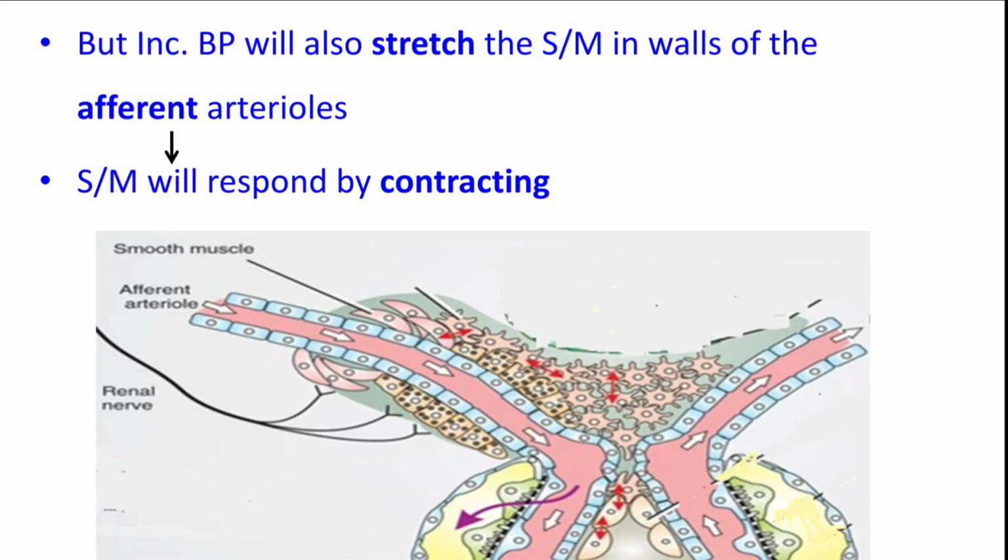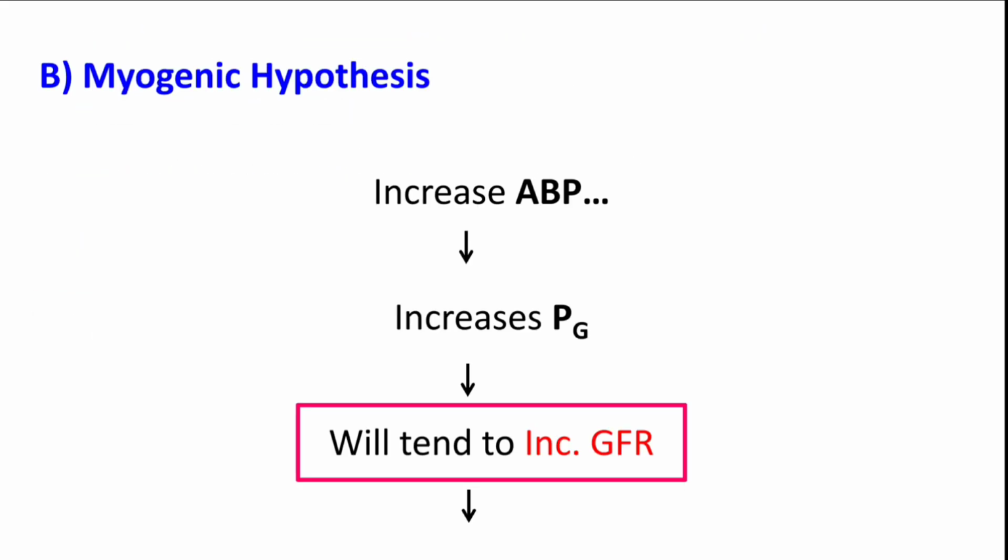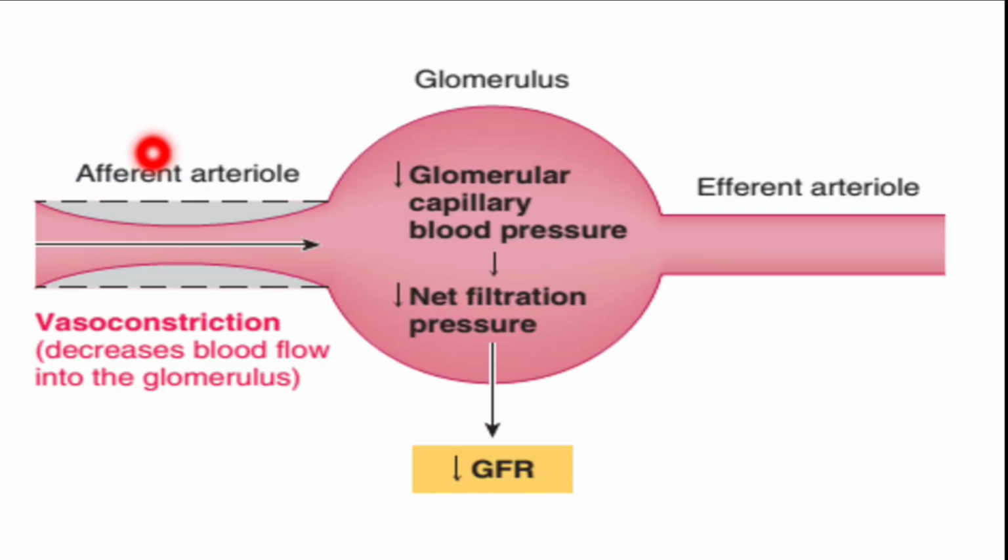So again, what has happened here is that initially there was an increase in the arterial blood pressure, which was expected to increase the GFR also. But due to this myogenic mechanism, that is intrinsic muscle activity or smooth muscle contraction, the GFR has decreased back to normal, and the GFR does not increase despite the increase in the arterial blood pressure. Hope you have understood the three mechanisms which are regulating our GFR, and you would have